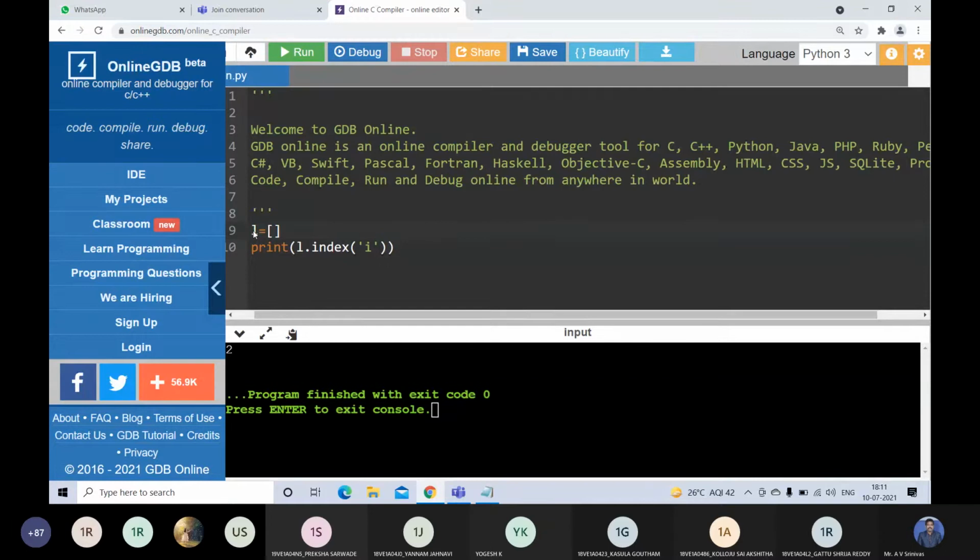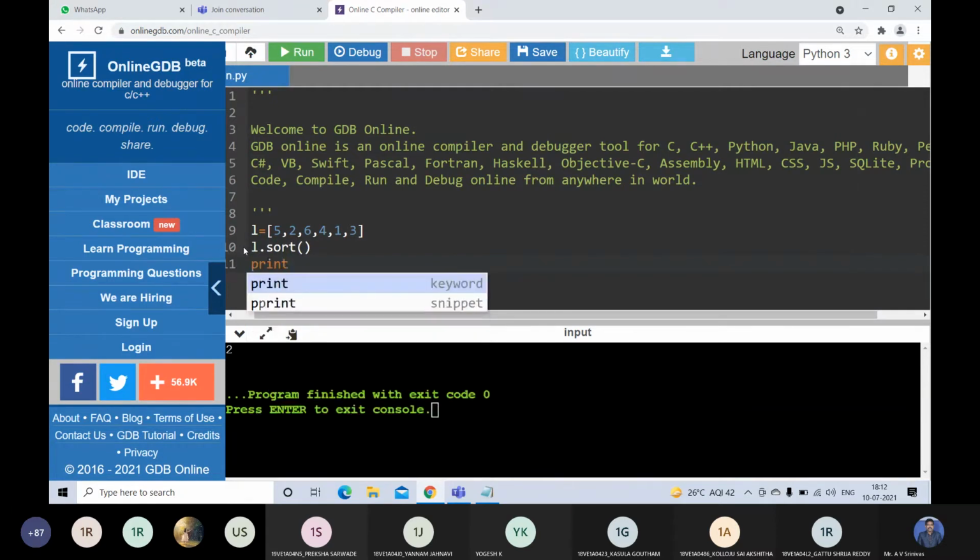Let me take one list with random order. For example, I have the elements 5, 2, 6, 4, 1, 3. Now I am calling L dot sort.